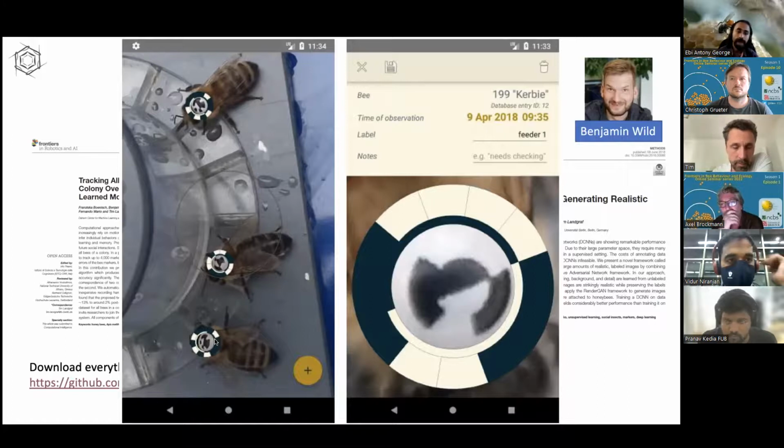I'm wondering if you have data from multiple colonies where you have the same factors, say factor 0 and factor 1 that you talked about, and if they show similar patterns, because that would be essential to state that now we can go across colonies rather than just have colony specific values, which may not be easily translatable.